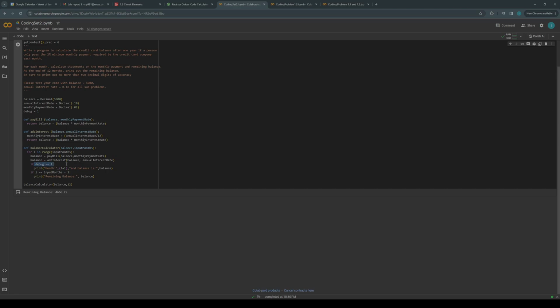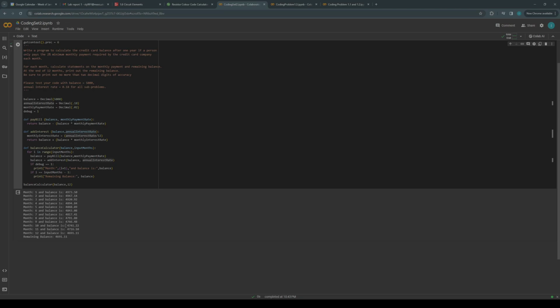And then if we have our debugging on, every time we go through the loop, it'll print the month that we're on, and it's going to give what our balance is. And if we've gone through the loop each time, the last time we go through the loop, it's going to print out the remaining balance, whatever the last balance is going to be. So after we run our balance calculator function, taking in our balance of 5,000, which we initialized up here as 5,000, and we are doing it over 12 months, we get,